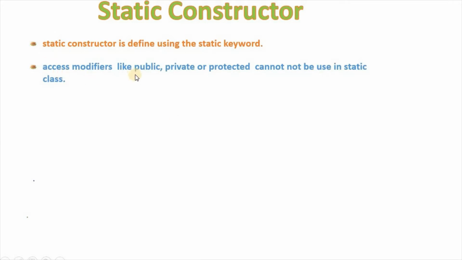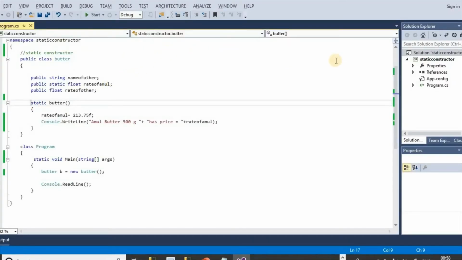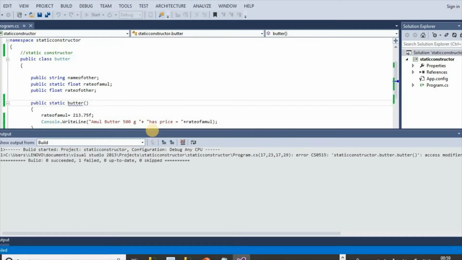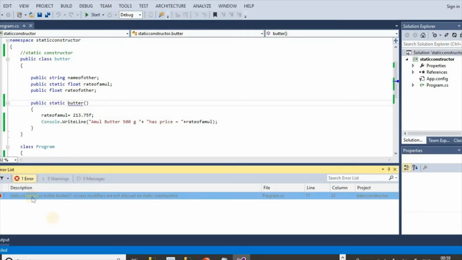Access modifiers like public, private or protected cannot be used in static constructor. If we try to use public here, and if we build the solution, here we can see access modifiers are not allowed on static constructors.